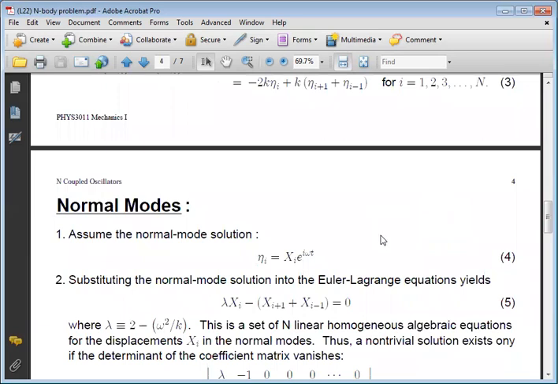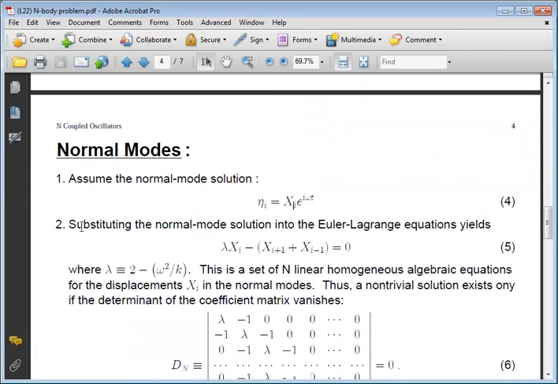So let's follow the standard procedures of the normal mode approach. Assume the normal mode solution as in equation 4, where all subsystems of the system oscillate at the same frequency. Okay, so eta i equal to capital Xi i e to the power i omega t. Remember that this i in the exponent is the purely imaginary unit, and this i in the subscript is the label, the index of each particle. Now, substituting the normal mode solution into the Euler-Lagrange equations,